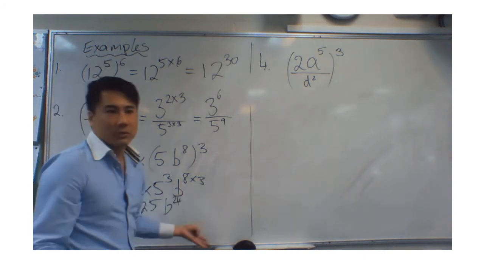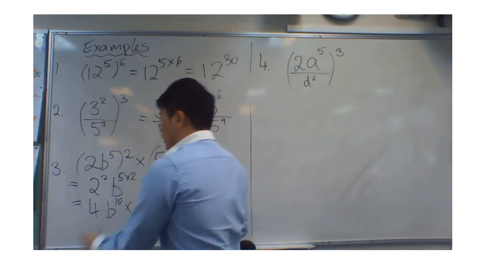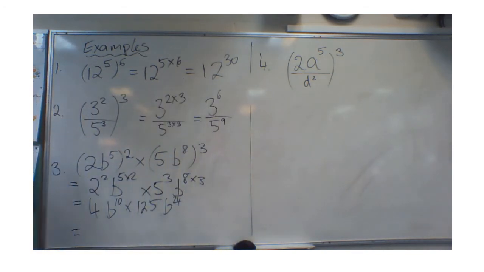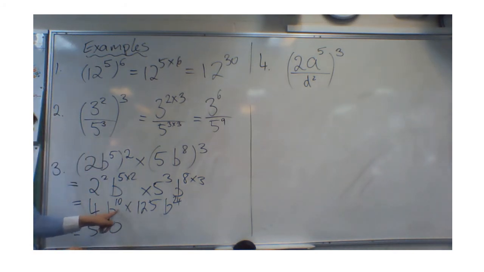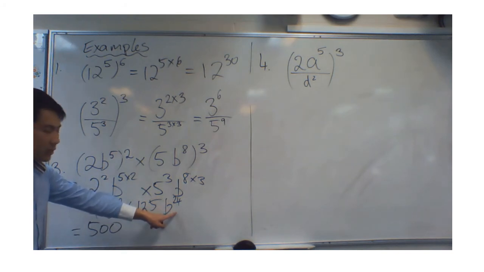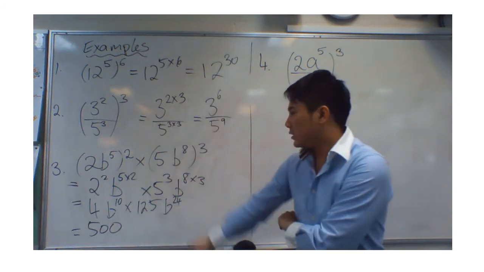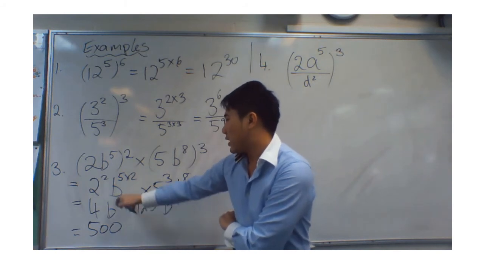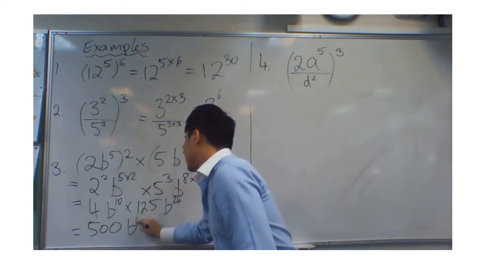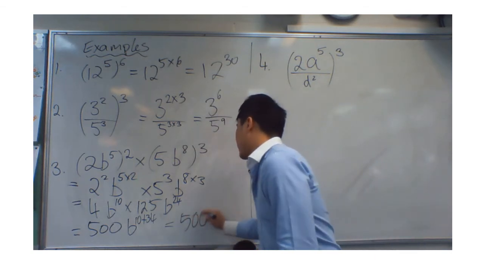Remember, when we are multiplying, we can change the order. So we can multiply this 4 by 125. If you can't do it in your head, use your calculator. That becomes 500. b to the power 10 times b to the power 24. We have been doing this to death now. The first index law, same base, multiplying, I would add the power. So b, 10 plus 24, and your final answer would be 500 b to the power of